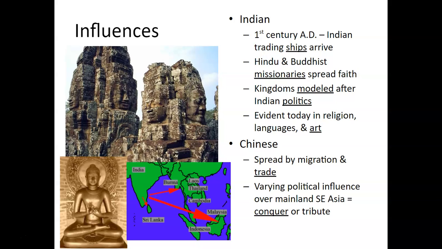All right, now the Chinese influences. China is going to influence Southeast Asia through migration, in direct contact, because various dynasties in Chinese history will come to control this area directly or indirectly, and then also through trade. So there's going to be a varying number of political influences, but basically that overland connection that China is going to have with Southeast Asia, or Indochina, is going to allow for the influences